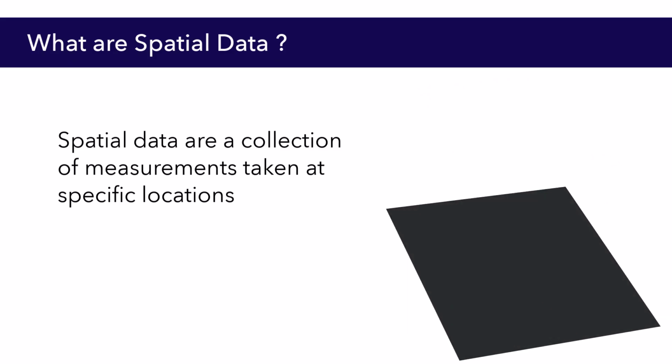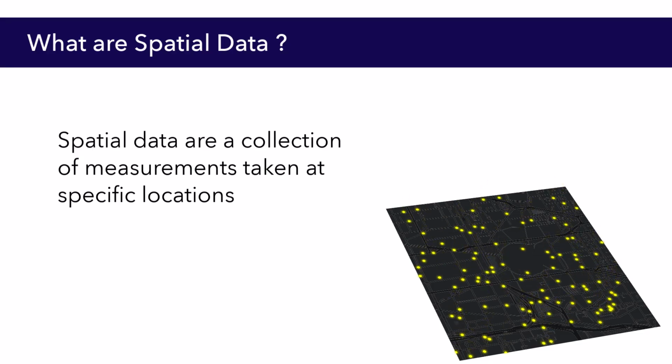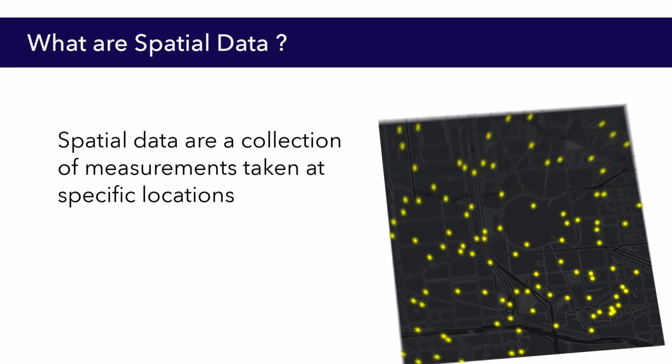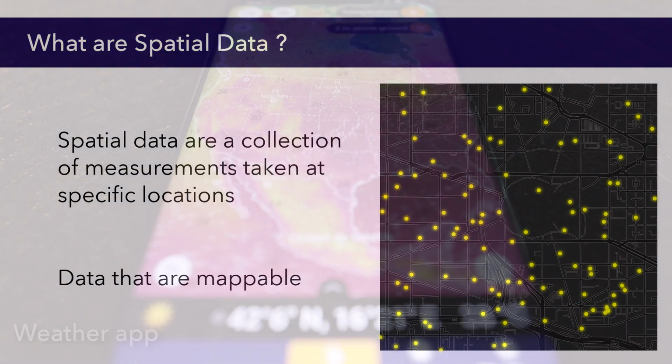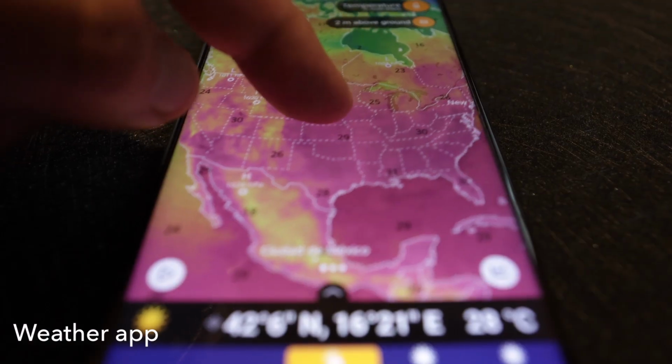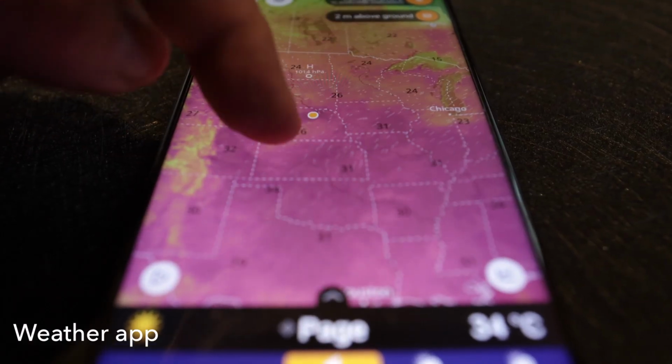So they always have coordinates associated with them, an x coordinate and a y coordinate. And because of that, these data are all mappable. So any data that you can put on a map have to have these two attributes, an x location and a y location. There's a lot of examples of spatial or map data,